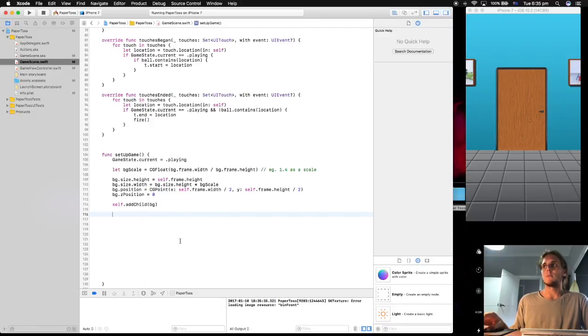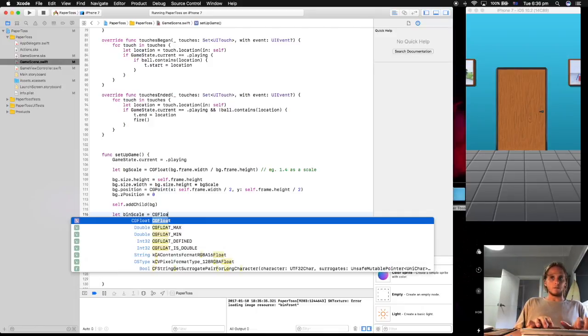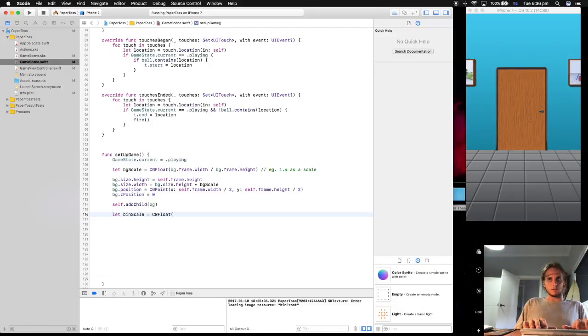So we're going to do something similar, and this is going to be for the bin. We need a scale for it, so we're going to say let bin scale, because we're going to set the height of the bin first. The height comes second in the scale. So equals CG float, and this will be just the bin, whatever the bin, it doesn't matter, bin back or the bin face. Oh, sorry, bin back dot frame dot width divided by bin back